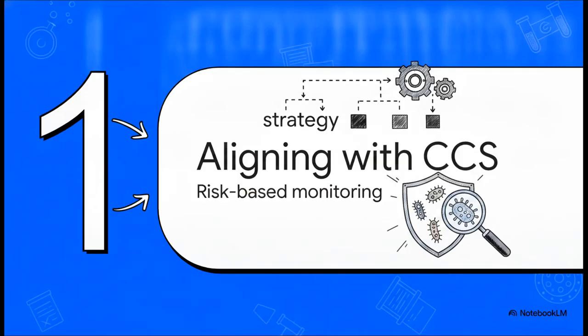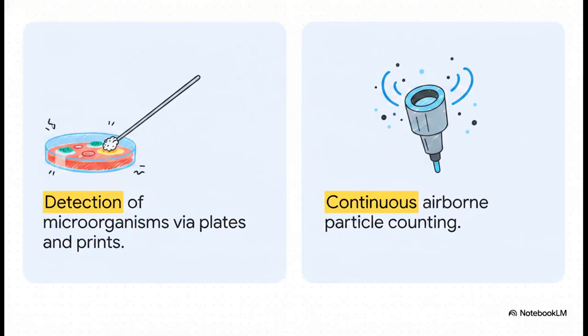Starting with Section 1, aligning monitoring with your contamination control strategy. We need to make absolutely sure your monitoring program reflects actual risk. Let's just establish a shared vocabulary first, clearly separating our two primary pillars of monitoring. On one side, we've got viable monitoring. This is the detection of living microorganisms, so your air samples, settle plates, contact plates, and your glove or gown